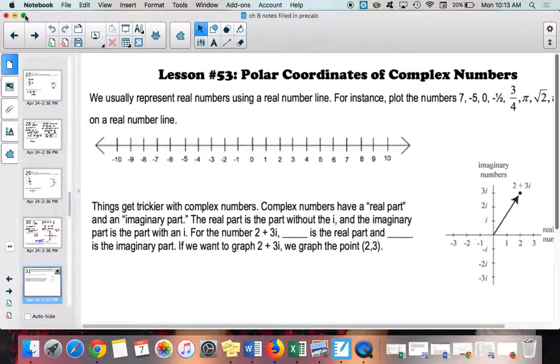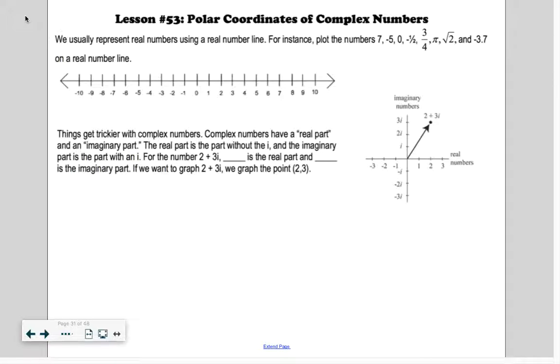Right, so lesson 53 is on polar coordinates and complex numbers. As you know, we have the real number line, and you are pros at it now. You can plot points on the real number line, right? If I asked you to plot 7, -5, -1/2, or 3/4, you know where all of these are. Pi, a little bit more than 3. Does that make sense? So we know how to plot things on the real number line, but we're going to talk about the complex